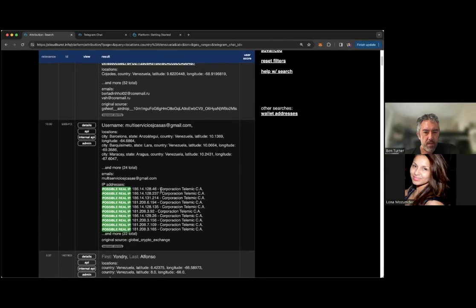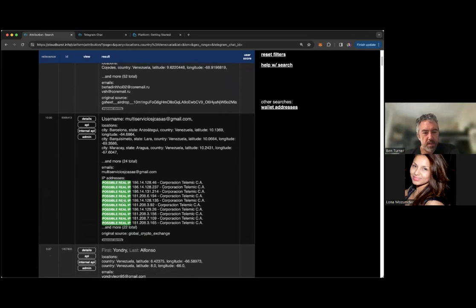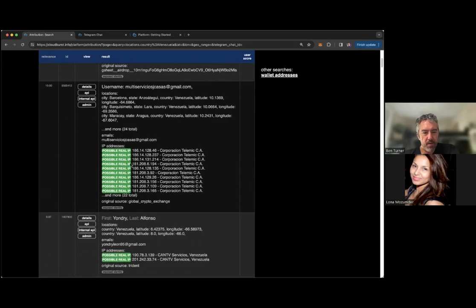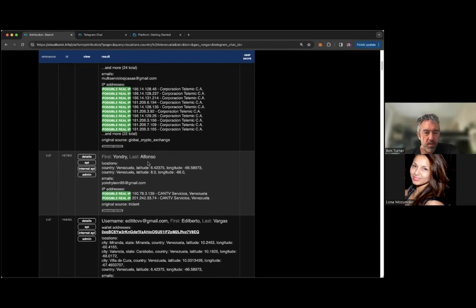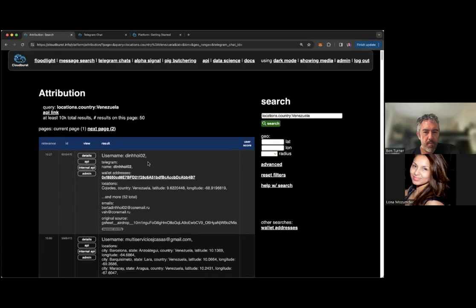Here you see this person has a bunch of IP addresses associated with them through this breach with Global Crypto Exchange. And so this probably means they were logging in multiple times with different IPs from this company. But we try to look up those IPs and determine whether it's a VPN or a real IP, a proxy, a Tor browser, that sort of thing, so that you're only looking up leads that are most likely to be attributed to their actual identity.